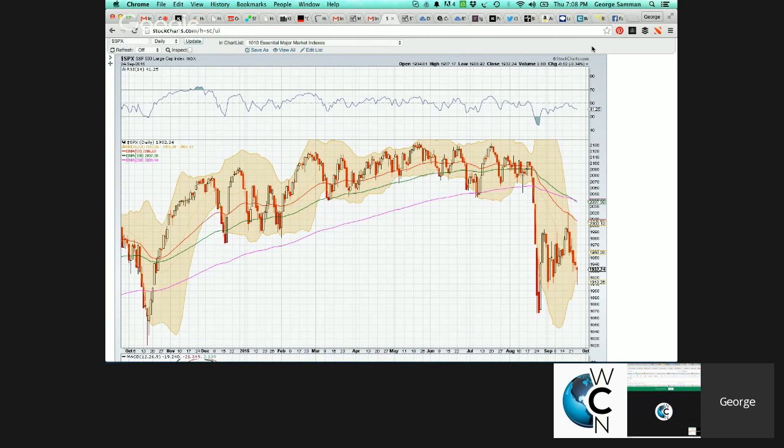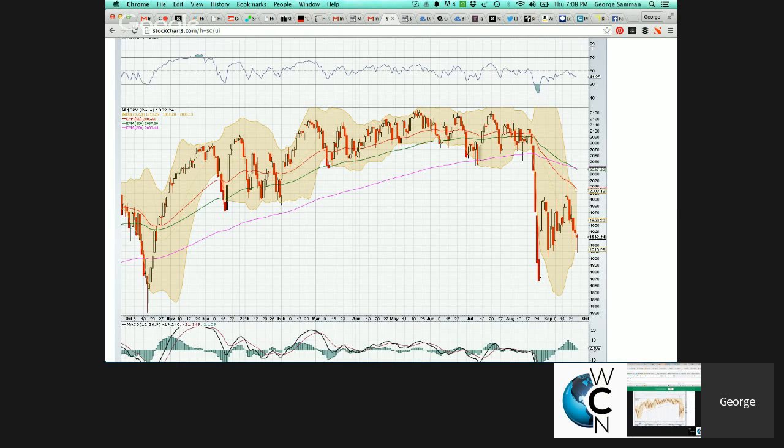Yeah, first I'll just talk about the S&P briefly. Like we've talked about in the past, we're holding above the August 24th low, and so far that seems to be the number that we'll be targeting on the downside. Couple interesting things though. Today we put in a hammer, if you're into candlesticks. It came out of the Bollinger Band and came back in, but if you look at the Bollinger Bands here, you can see how wide they've gotten, and that's just an indication of how bad the volatility is. But we're still holding in.